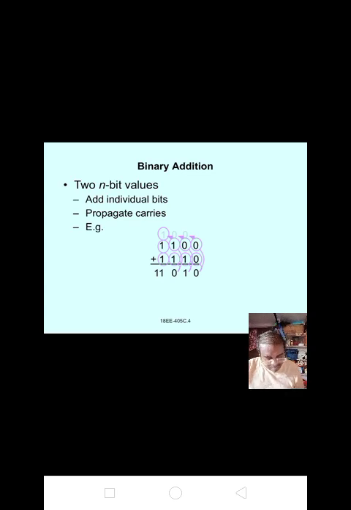Now I am telling you, do this problem: 1 1 0 0 1 1 1 0. Very simple thing. First one is 0 plus 0, 0. 0 plus 1, 1. 1 plus 1, 0 with carry 1. You must not take this one down only. 1 plus 1 plus 1, 1. Here no 1 is there, so 1 1. Okay, it is the value for this one.